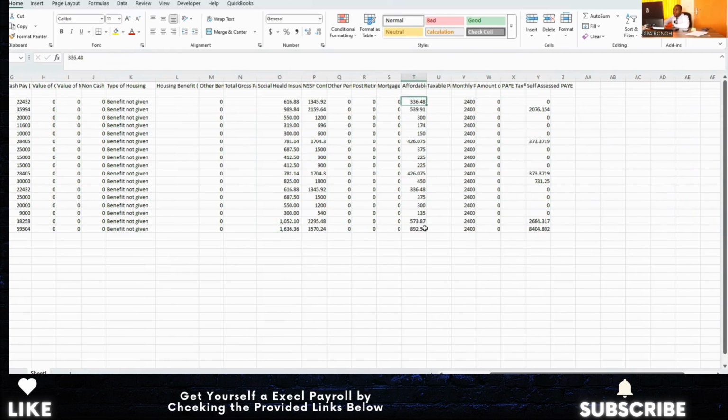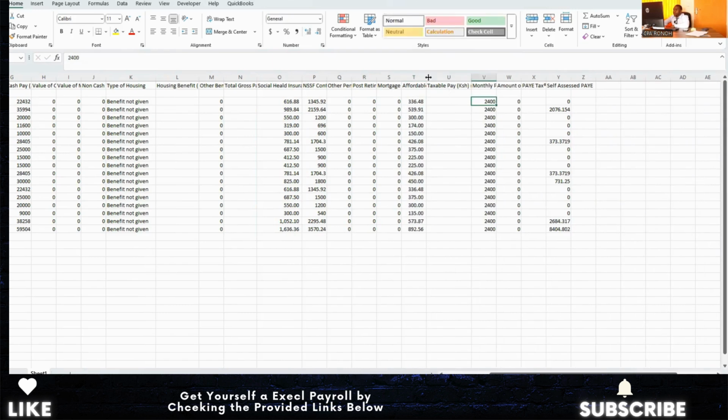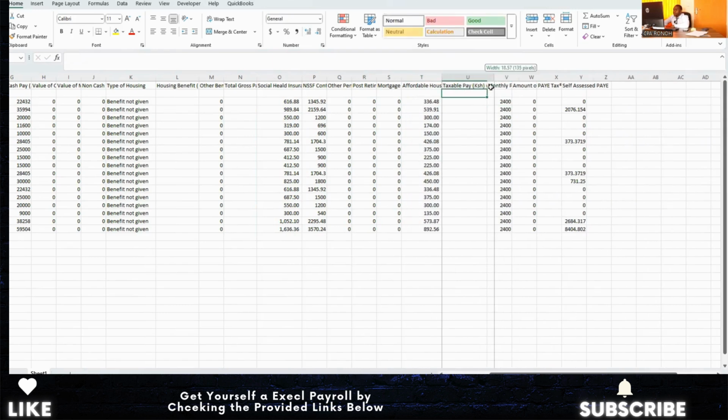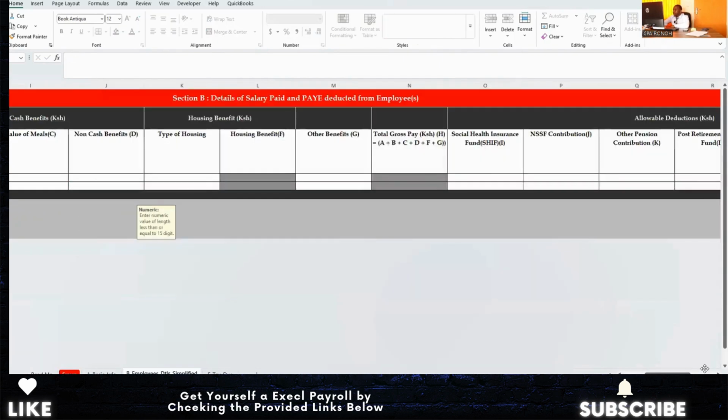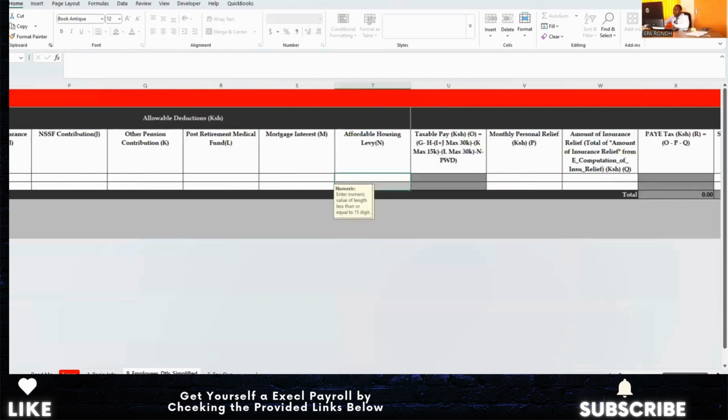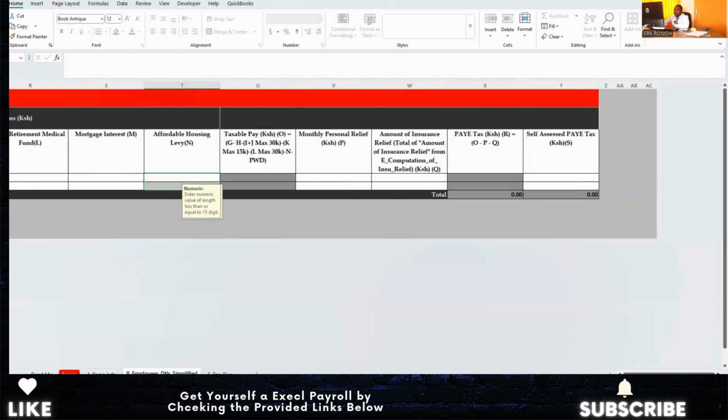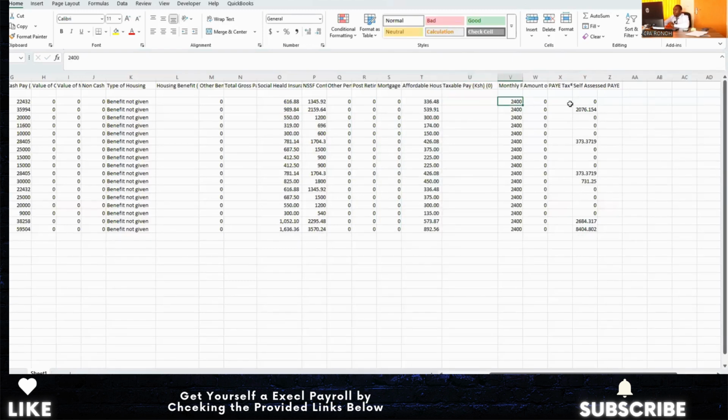Also this housing levy, can we put it in an accounting perspective? Taxable pay. Let's counter check the taxable pay here. It's also inactive. It should remain inactive. And then personal relief, that is column B. Personal relief is column B. And then also this one, let's put it in